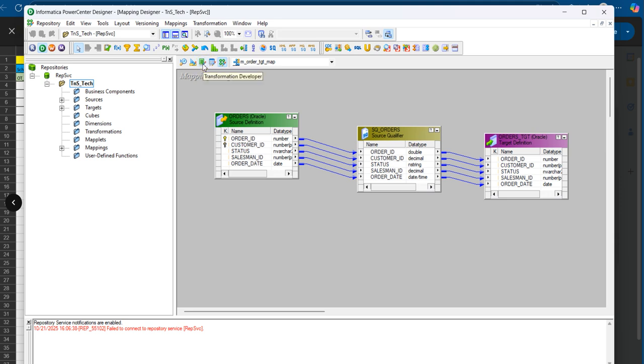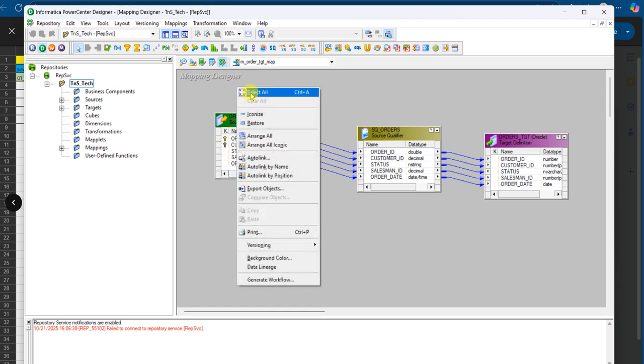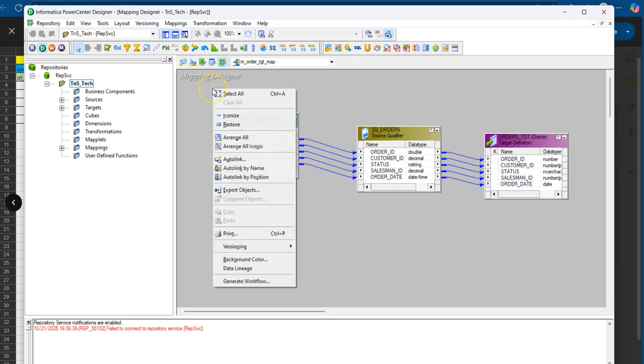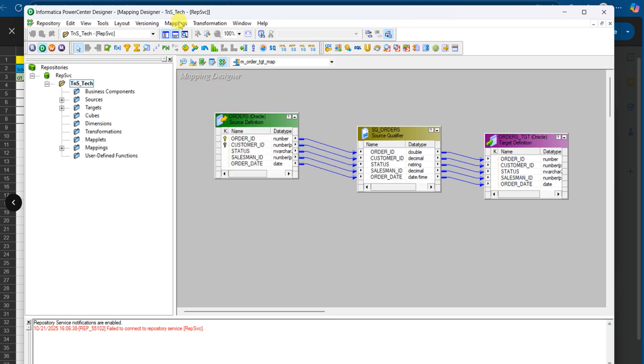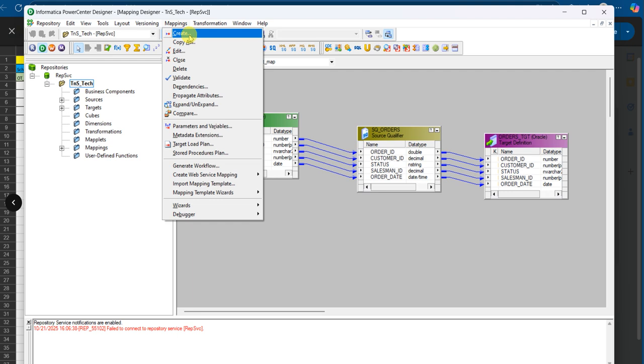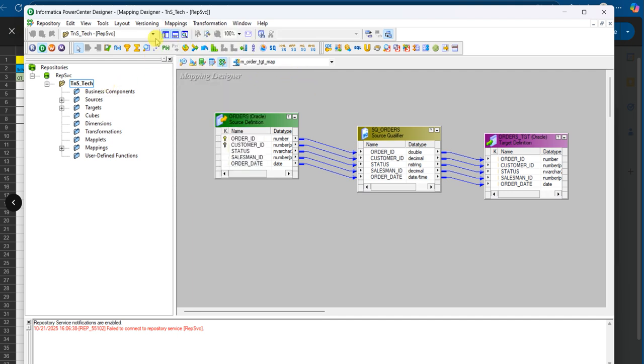Once these things are completed, the transformations we will learn in the middle of the transformations. Okay, transformation developer and the upcoming transformations, no worries. So just be clear with these three: source analyzer, target designer, and mapping designer. Mapping designer is for creating mappings. So here, no need to do anything, just go to mappings, create new mapping. So before create, okay,